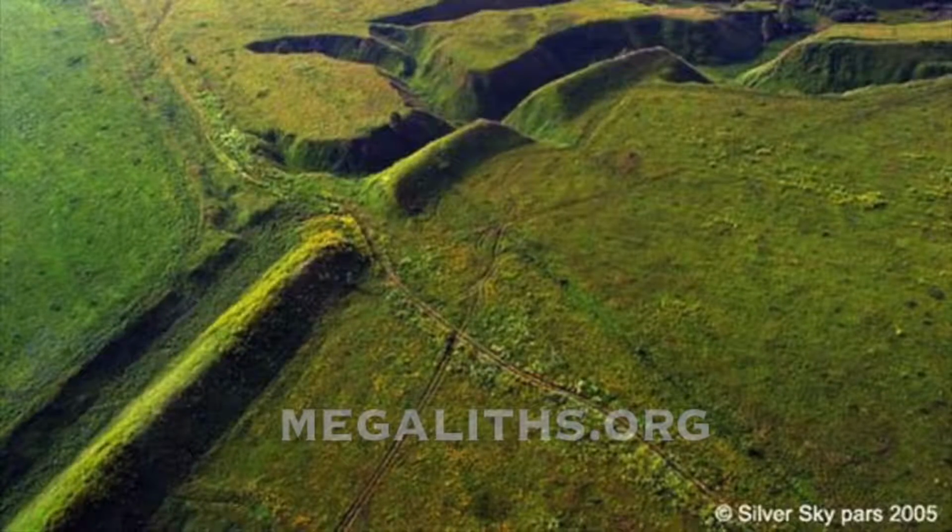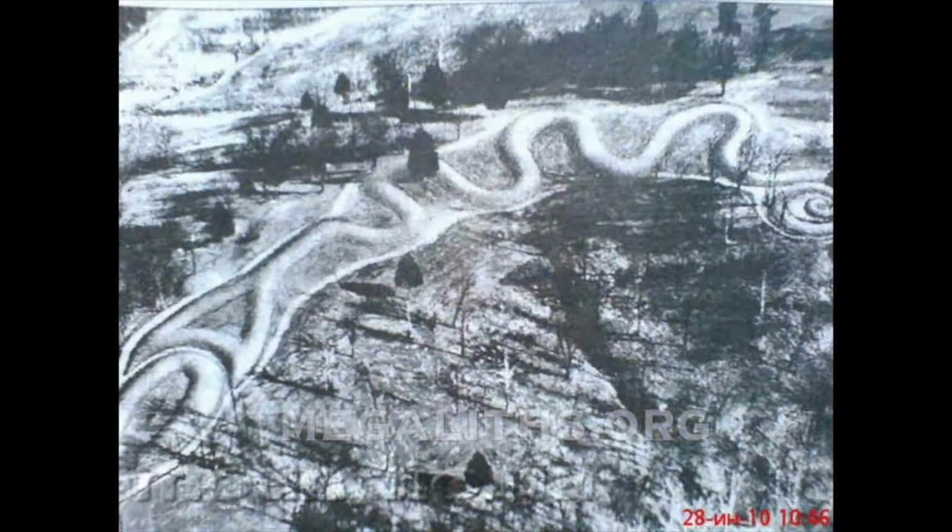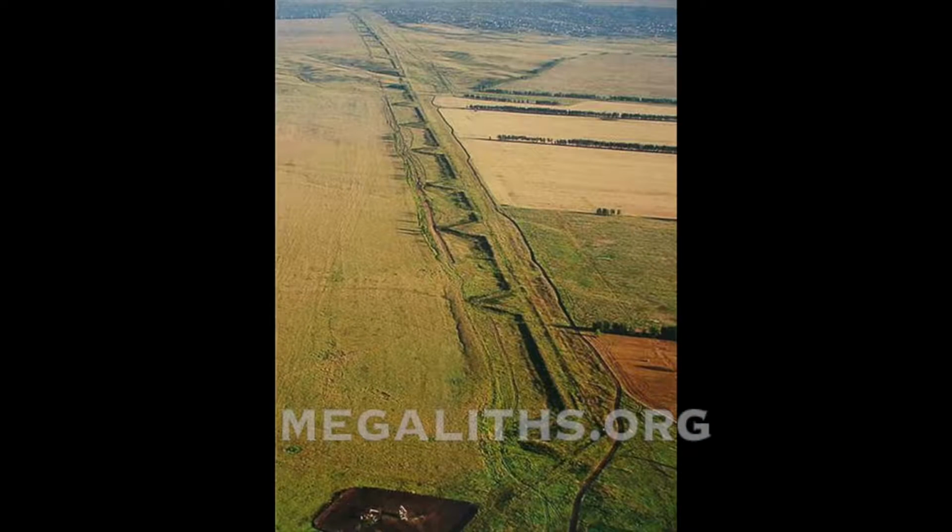Now some of those earthworks are absolutely gigantic. Look at this one, it just dominates the landscape. The road looks dwarfish next to it. This one is from America. Now this one in Russian is called Velikaya Zavolskaya Stena and is some